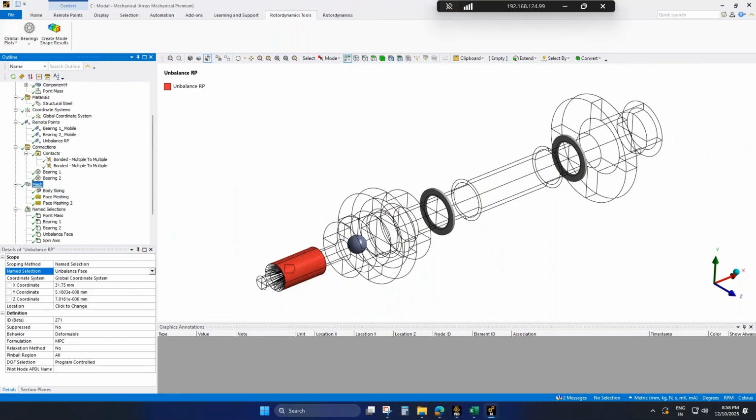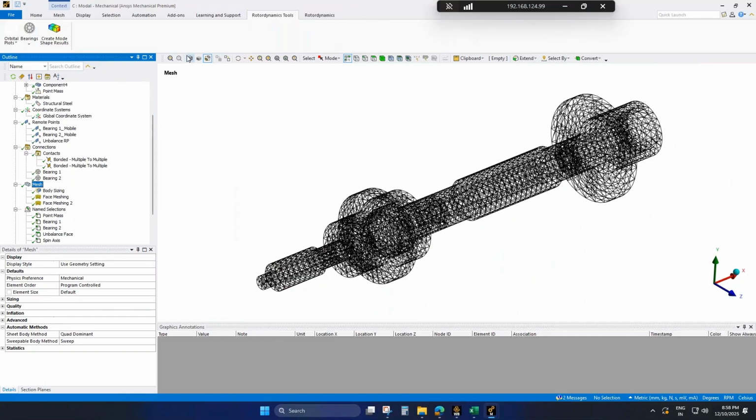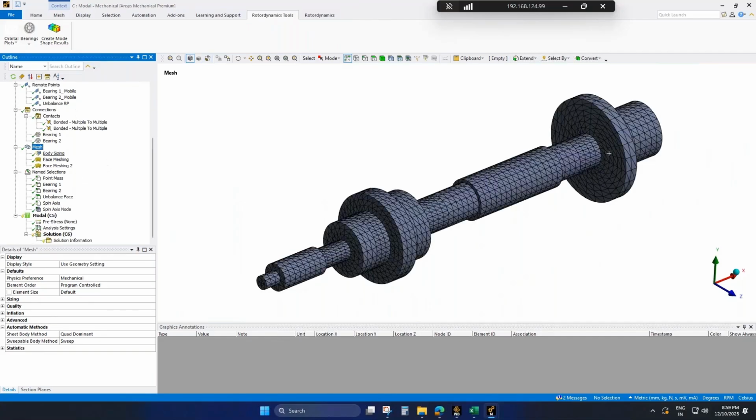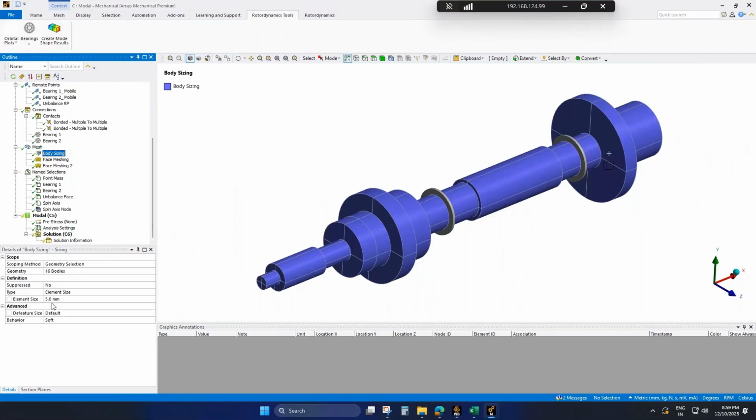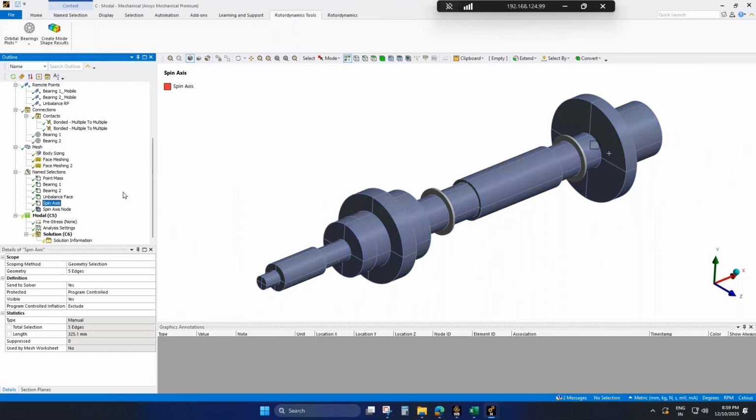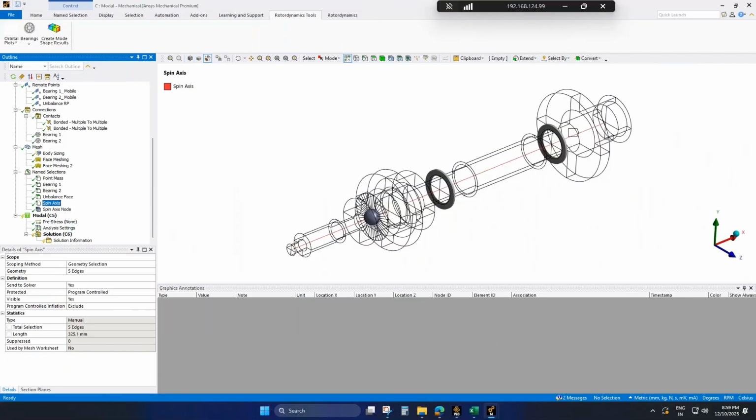So we have done the connections, we have done the machine. I have used a 5 mm element size for all the bodies, and I have applied phase meshing. Coming again to the named selection, I will show you one thing.